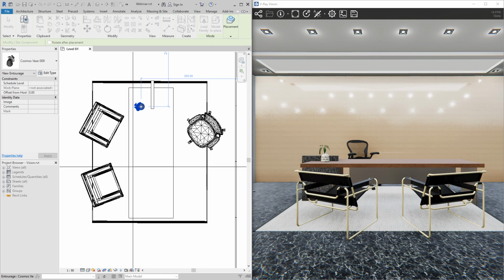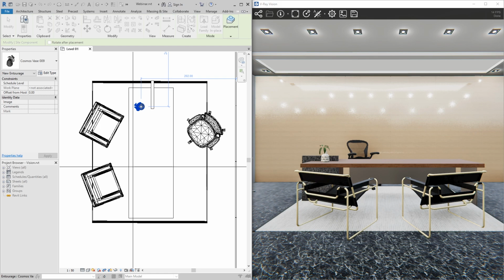Another amazing benefit of using Cosmos assets is that they automatically show the right amount of detail, so that they look great wherever you view them. For example, in the viewport, they appear lightweight for smooth navigation. Meanwhile, they are optimized to appear more detailed as needed when working in real time with V-Ray Vision. This means that the farther we go away from an asset when using Vision, the less detail is rendered, and vice versa. Furthermore, when rendering with V-Ray or using Chaos Vantage, assets will appear in full photoreal detail, and they also render consistently across Cosmos-supported host applications, as well as across all V-Ray render engines for a seamless render experience